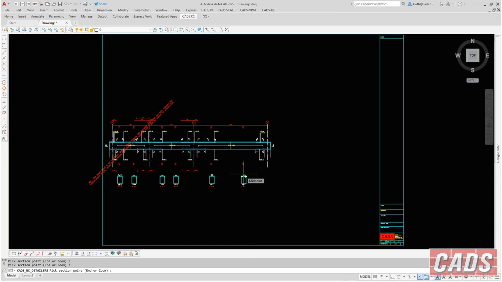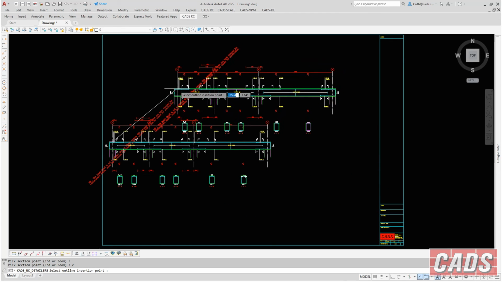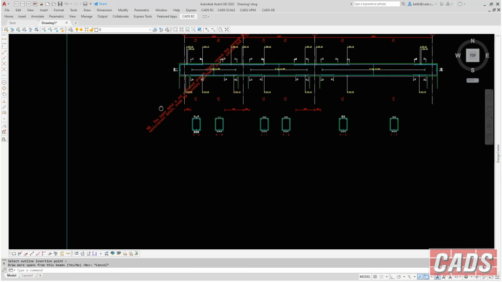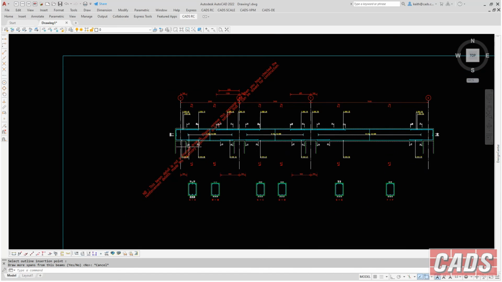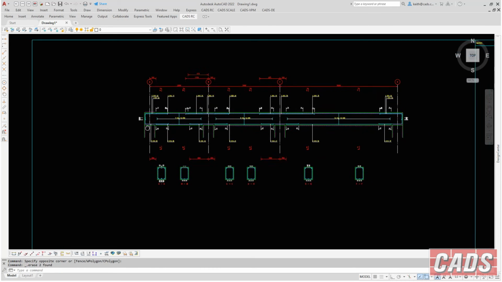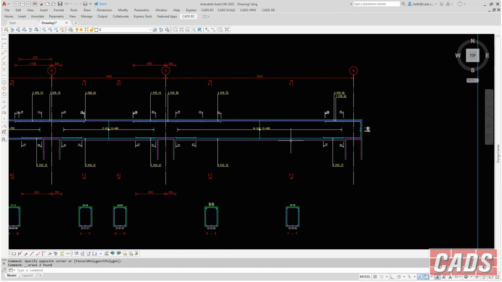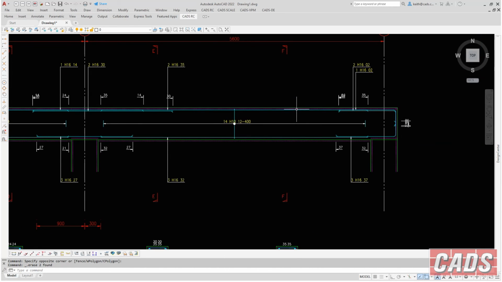Now once you've done that, it says have you got any more. I'm going to say no. That's finished doing that. Pop it down on the sheet and we come out of the command. Now this text is basically saying if I haven't been removed, then the beam hasn't been checked, so we can remove that now and we're left with the detail. Now this isn't DXF, it's a little bit more intelligent than that. It means that